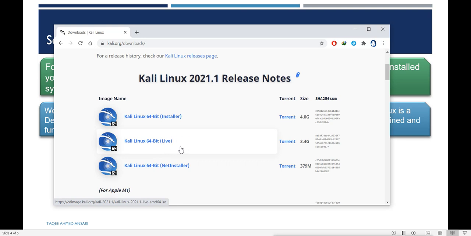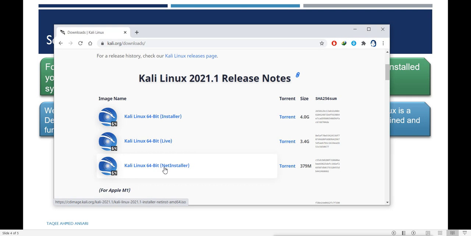So what you can do, you can just connect the flash in that system and boot your Kali from that flash. Your Kali will boot from the flash, and then you can manipulate the operating system which is installed in the main hard disk. So this live DVD, live image is very good for hackers, that they can run this Kali from everywhere, anytime, anywhere. You can also have a network installer that you can use to install the Kali from network.